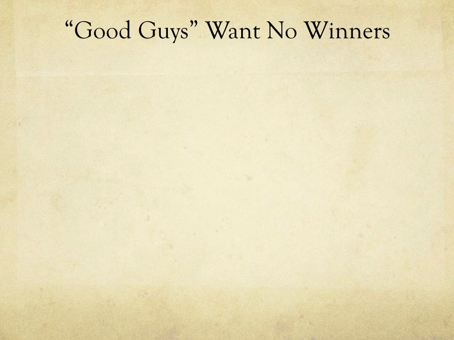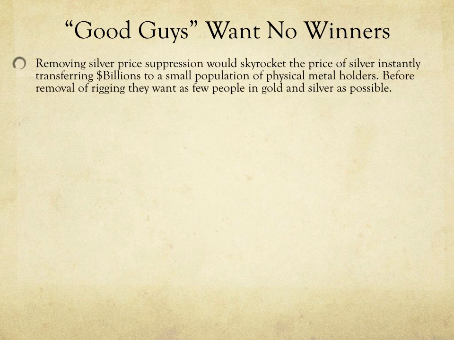And Trump got in, and they really don't know what to do, so they had to hire Steve Mnuchin, the computer market rigger from Goldman Sachs, to control the markets. And the key is now that they want free markets back, supposedly, but the good guys want no winners. They don't want people making money off this transition back to a free market, but it's kind of hard to